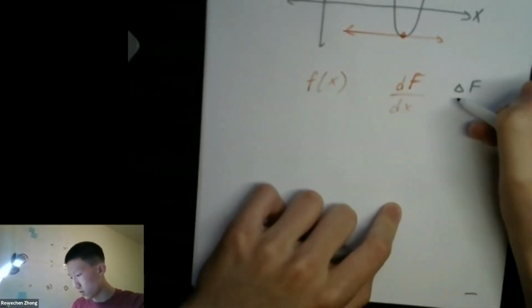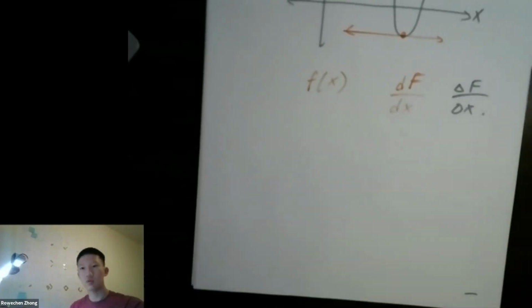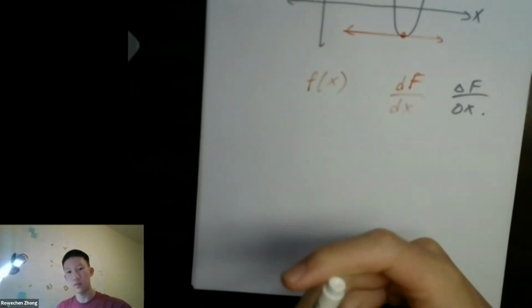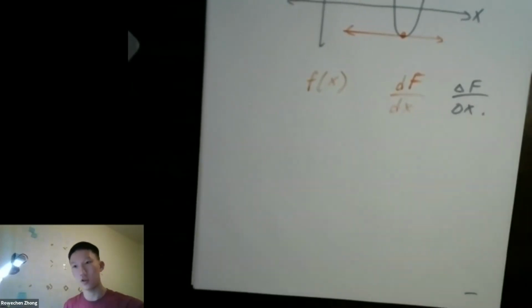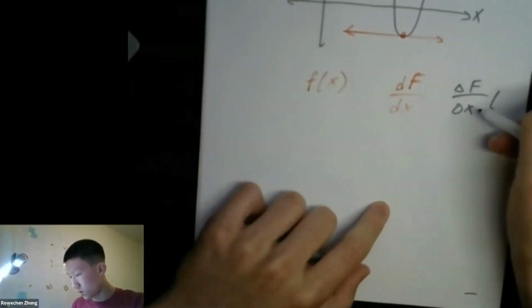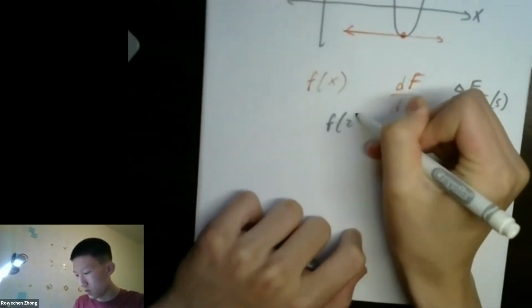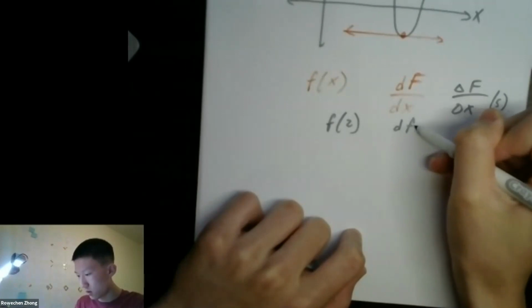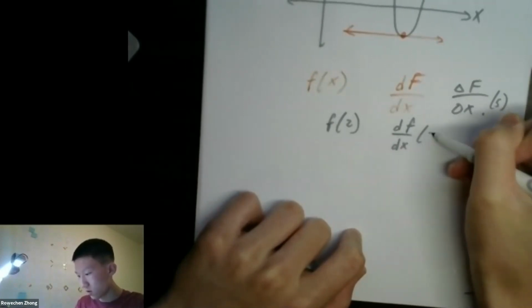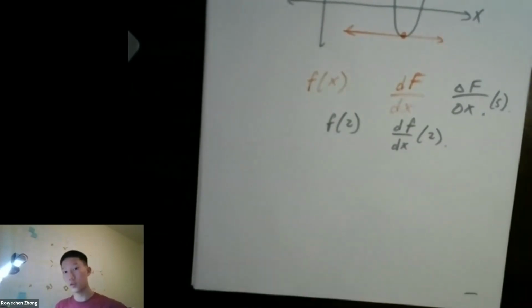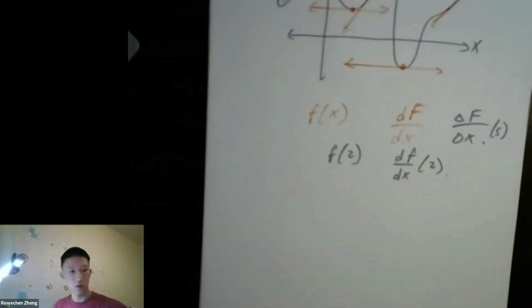If you want to, you can think of this as a delta symbol, delta f over delta x. This means change in f over change in x is the slope. That's got to be the derivative. And keep in mind, this is a function. So for example, you can find df over dx at 5, just like you can find f of 2. Okay? That is the derivative in a nutshell.